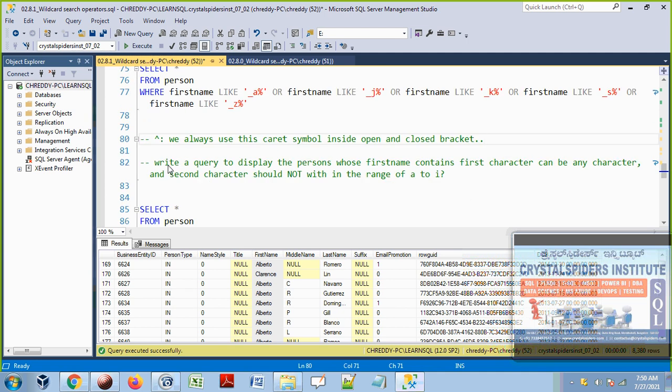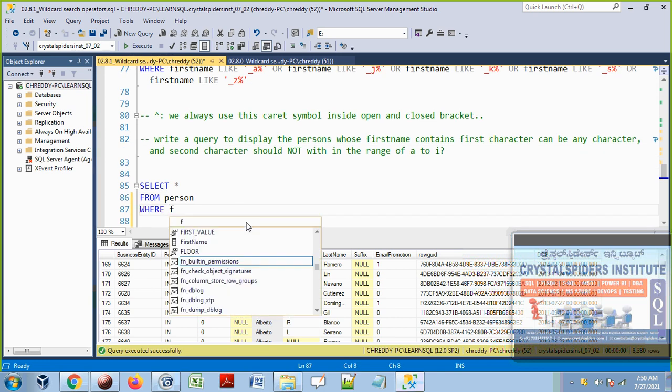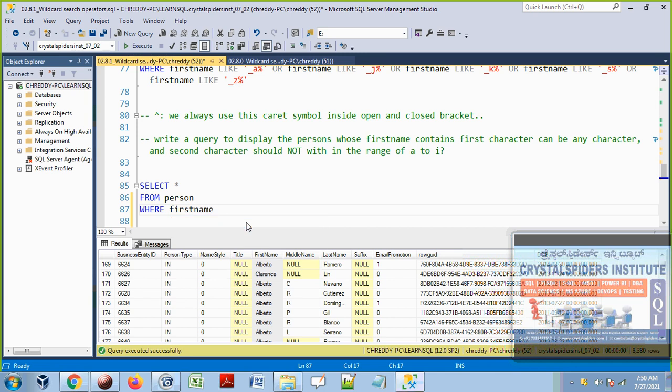See now here. Write a query to display the persons whose first name's first character can be any character, and second character should not be within this range. So for that we can write the query like this, where the first name like, first character can be any character, so we use underscore, and second character should not be within this range.